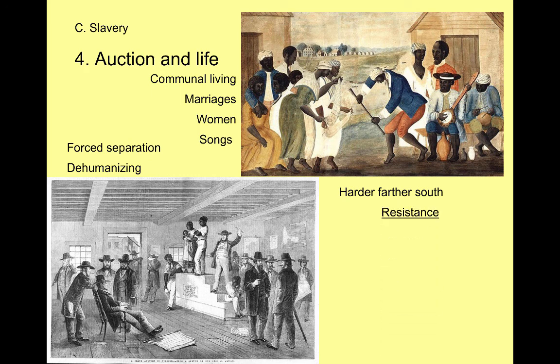Now, did slaves resist slavery? Of course they did. There are many ways that slaves resisted this bondage that they didn't want to be in. Some of them took the form of running away. Running away is a form of resistance. However, most instances of running away were not successful. Because if you run away, where are you going to go?